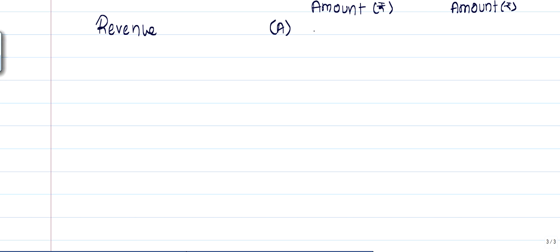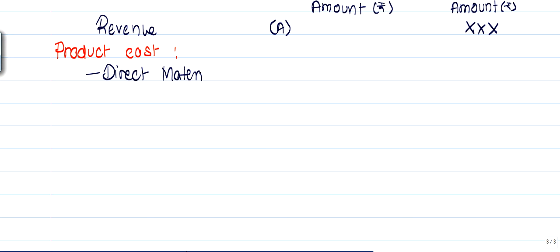Revenue or sales should come in the outer column. Then comes product cost, this is product cost with regard to variable cost. First comes direct material, that all comes in the inner column. Direct labor or employee,